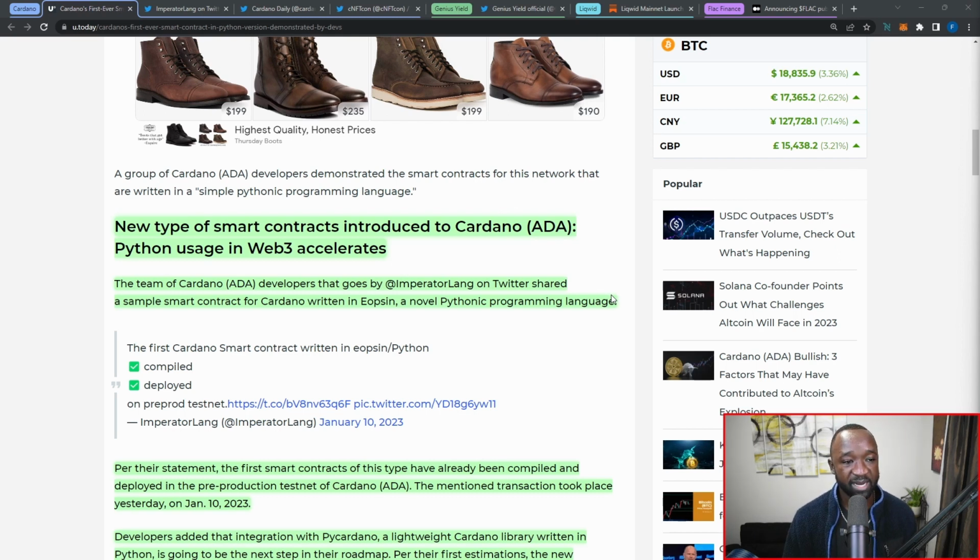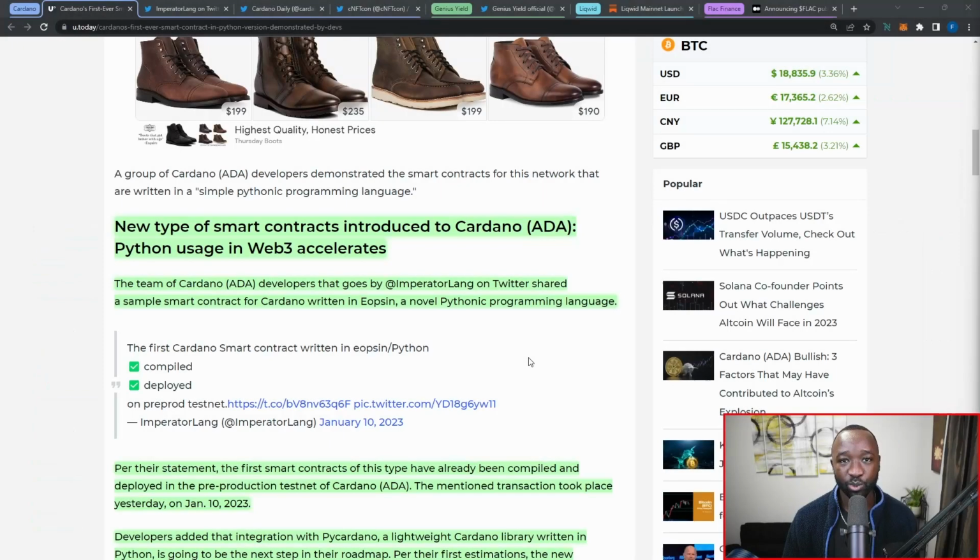So the fact that Cardano is now going to be integrating smart contracts written in Python, I think is going to be great for new developers looking to get into the space that don't necessarily want to learn about Haskell, which is a little bit more tech heavy and a little bit more syntax heavy as well.